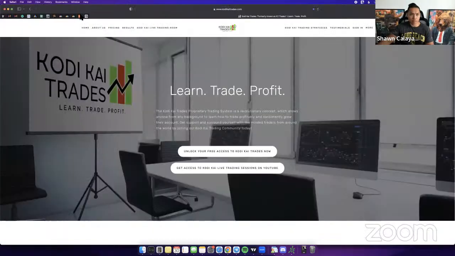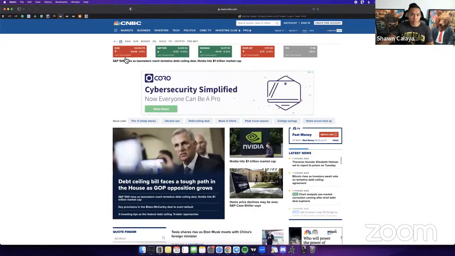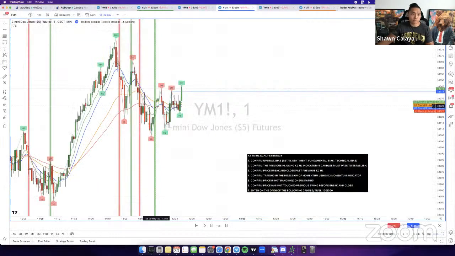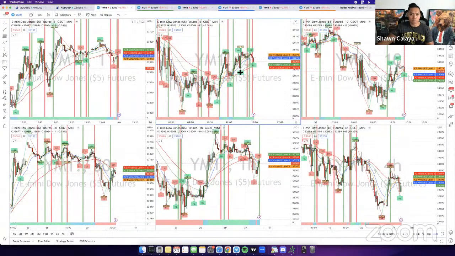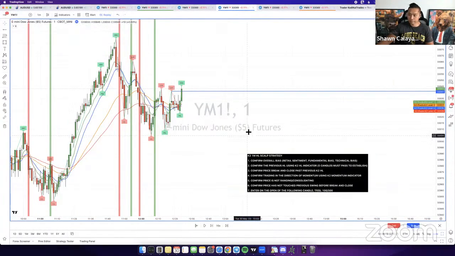We look at retail sentiment over here. We look at fundamentals. Basically, you want to make sure that retail sentiment is more on the short side. And with the fundamentals, you want this to be bullish. Right now, it's neutral. And for the technicals, we can confirm that. You can see it's kind of neutral, so we're just going to skip over that. In the future, you'll be able to confirm that on your own. So the first step over here is confirm overall bias. We're going to assume that it's bullish. It's just too difficult for us to go back and predict what it was because time has passed. So we're just going to say bullish there.